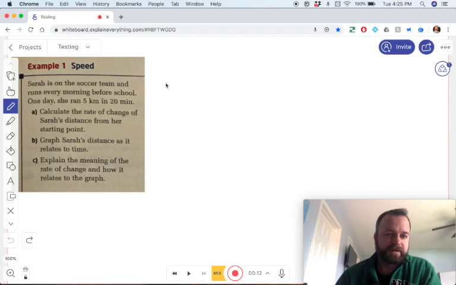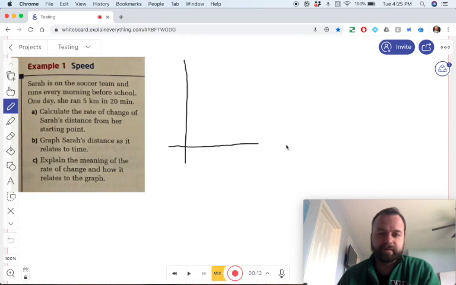Sarah on the soccer team runs every morning before school. One day she ran 5 kilometers in 20 minutes. This seems an awful lot like a distance time question. I'm going to start with question B, actually. Let's graph that. So if I just quickly sketch a little graph,